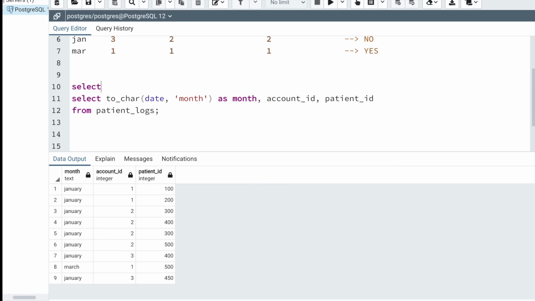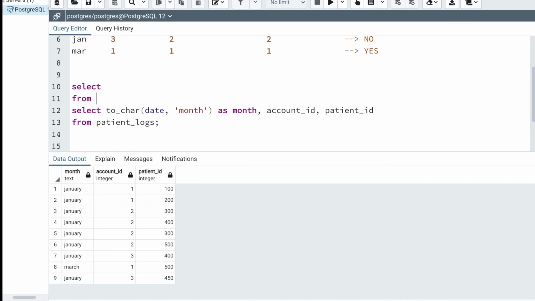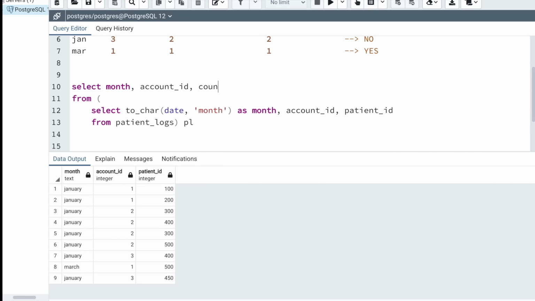For that, I'm going to select from, and pass this whole thing inside a subquery. Here I'm going to give an alias, PL, which stands for patient logs. I want to extract month, then account ID, and then count the number of patients, so count of 1, with the alias number of patients.